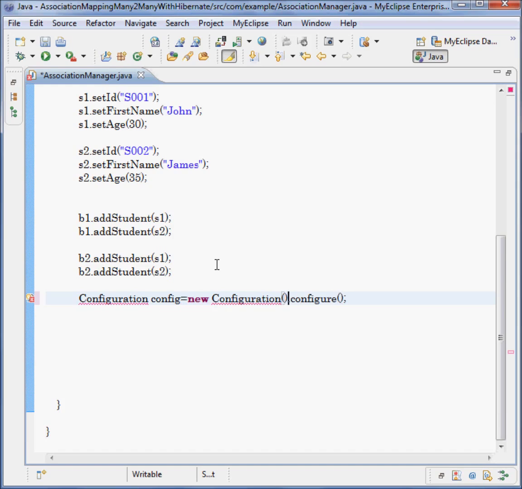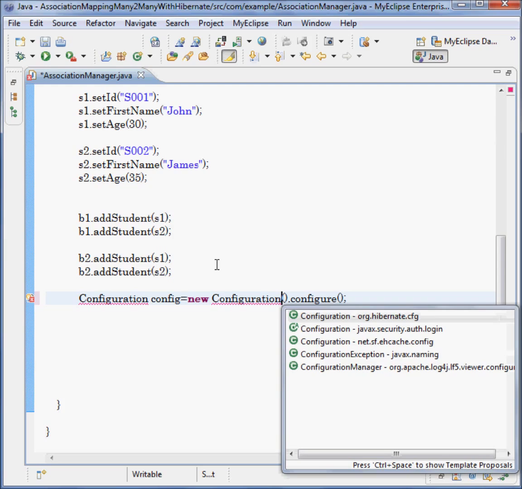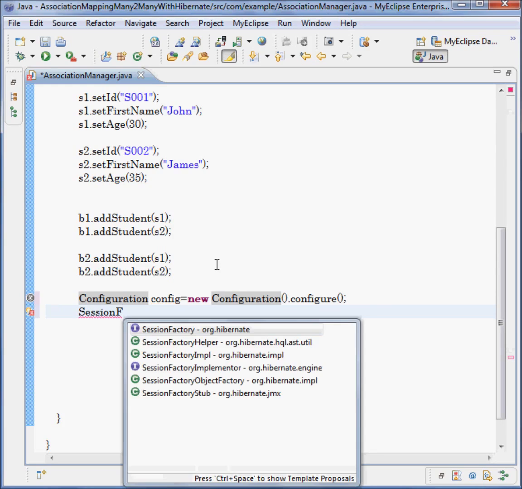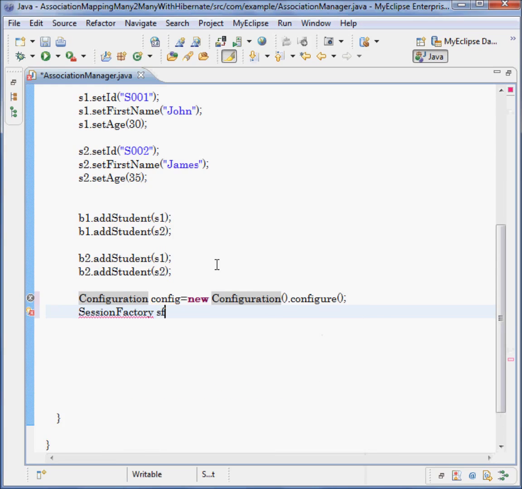Just import this package. Configure towards the Hibernate CFG file, and then you write here SessionFactory from org Hibernate, sf equal to config dot build session factory,